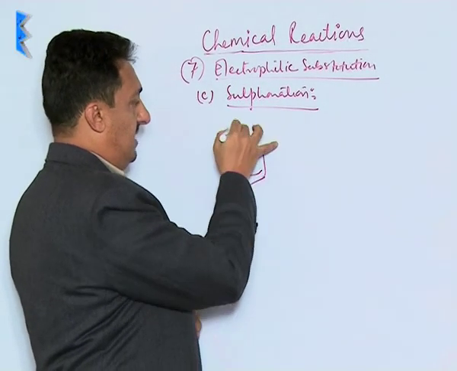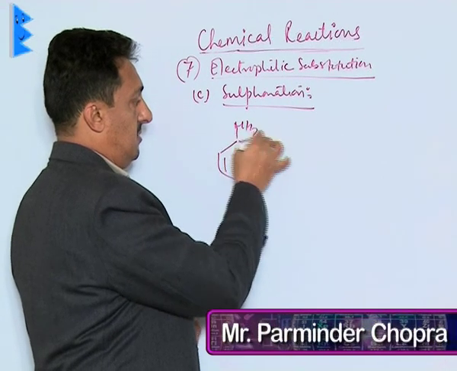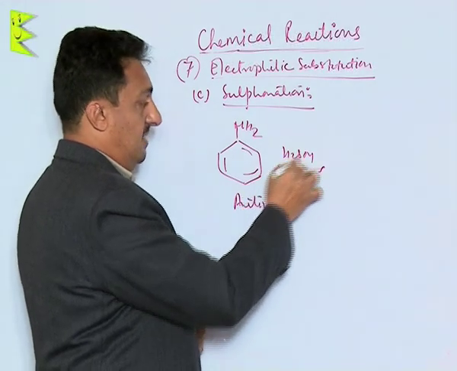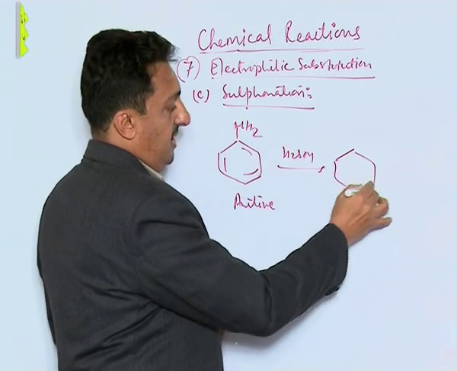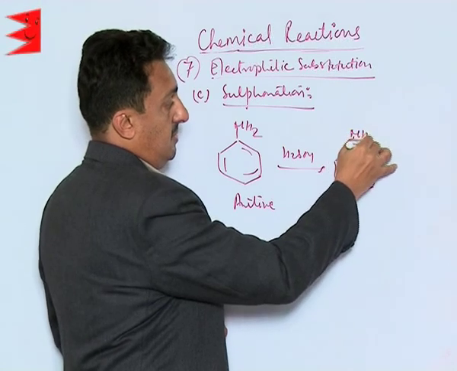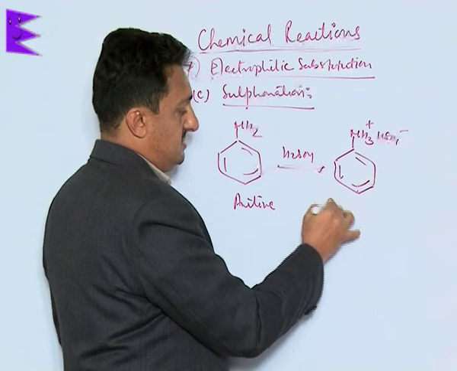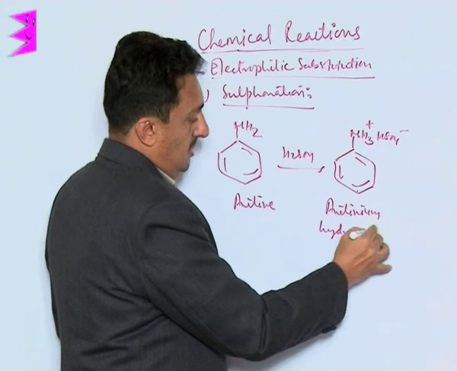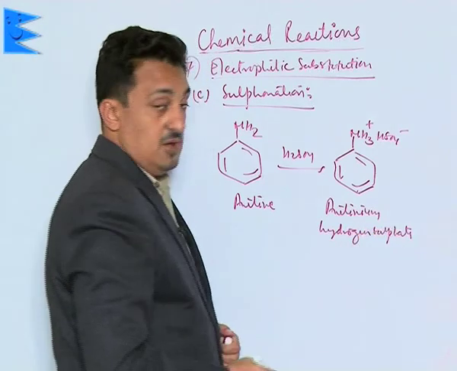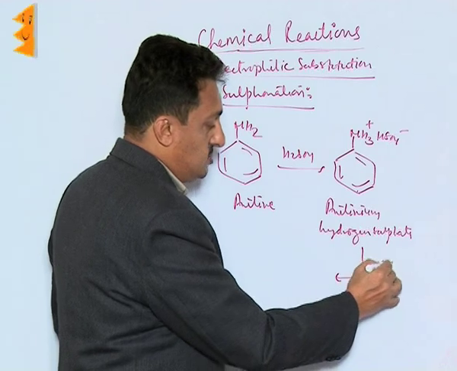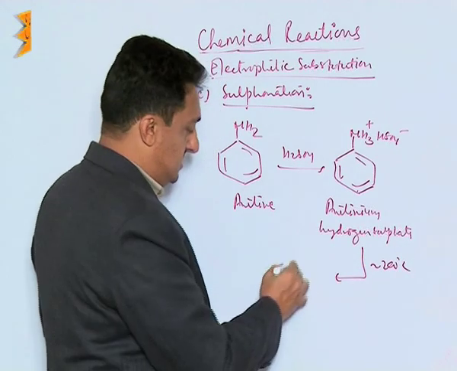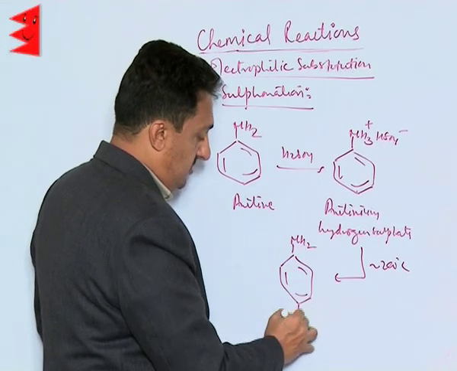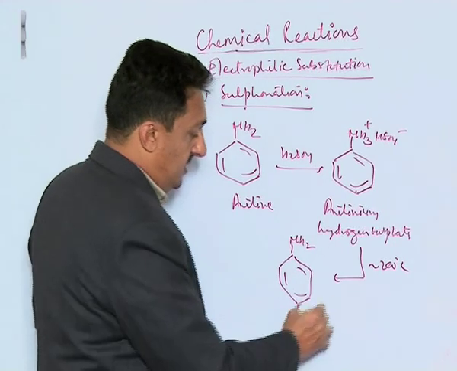Now let us see the sulfonation of aniline. When we react this with sulfuric acid, this aniline being a base and this being an acid, they both react to form NH3 plus HSO4 minus. This is called anilinium hydrogen sulfate salt. Now, this salt, when heated at around 200 degrees Celsius, shows rearrangement and forms NH2, SO3H. This is called para